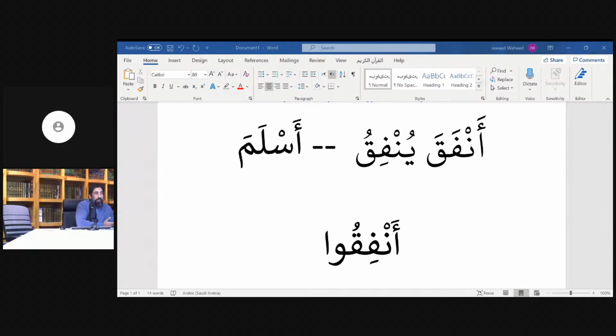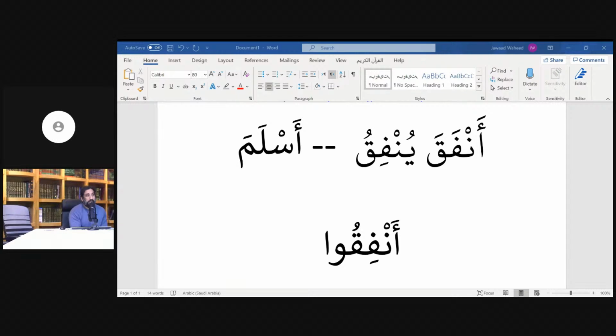And like you have khasira yakhsaru khusran, like innal insana lafi khusr, and you have khasaratan or khasaran even, and then wala tazid al-zalimina illa khasara in Surah Nuh, and then you have khusran, like dhalika huwa al-khusran al-mubin. So khasira is like the Sami'a family, but it has 3 masters in the Quran and probably more in